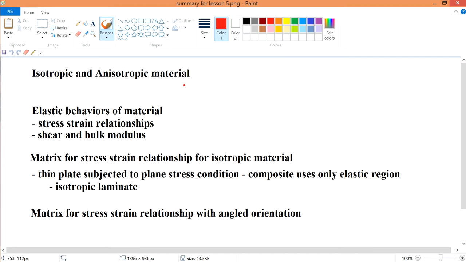Okay, so after knowing isotropic and knowing these materials and the behaviors of the material, let's talk about the matrix that deals with all of them together. In this video, we'll talk about stress strain for isotropic material. The reason why we want to look into the matrix form in terms of stress strain is